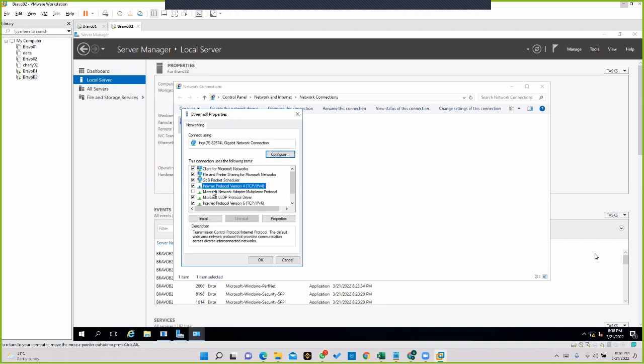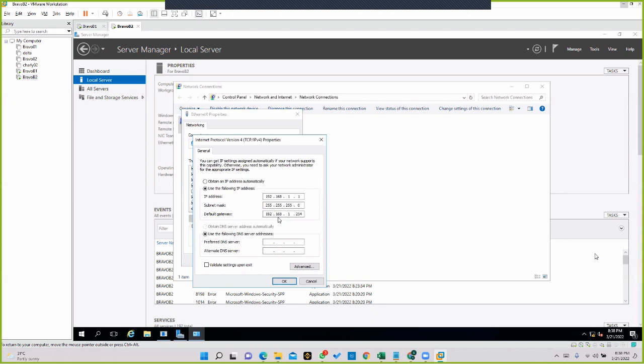If you want to configure the IPv6 address, you have to select the IPv6 version here, but I am going to configure the version 4 address, right? So select version 4 and go to the properties. I think you may all know how to do it, right? But anyway, once the configuration wizard comes,